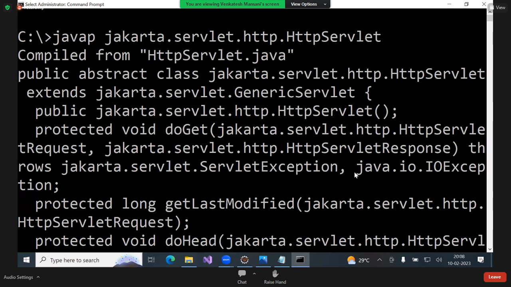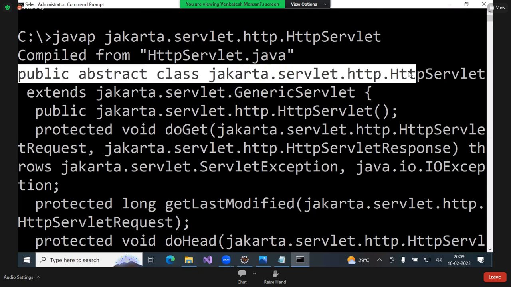already given how many ways are there to write Servlet program? 3 ways. First one, by implementing Servlet interface. Second one, by extending GenericServlet. Third one, by extending HttpServlet. Now 3 different ways. If we implement Servlet interface, how many methods are mandatory to override? 5 methods are mandatory to override. Okay. Instead of that, we used alternative way, GenericServlet. GenericServlet, how many methods mandatory to override? 1 method. That is, but here you observe,